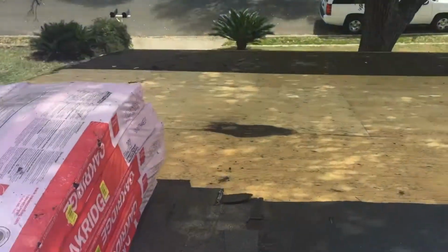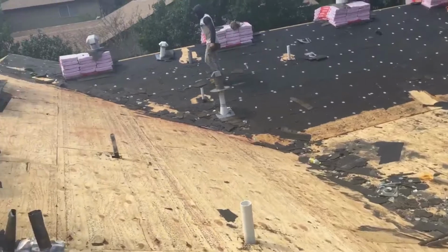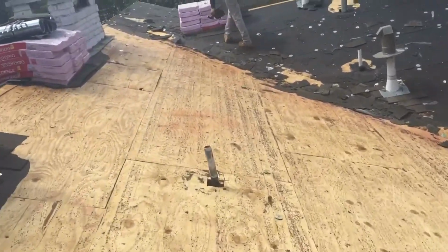Take a look over here, guys. There's another spot right there that needs to be replaced. This is why you got to remove your felt all the way down to the deck, to the bare wood, to be able to inspect